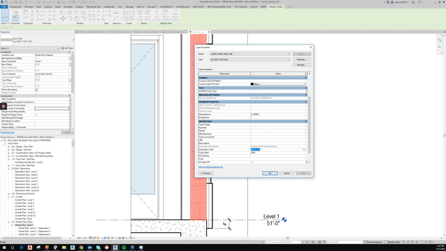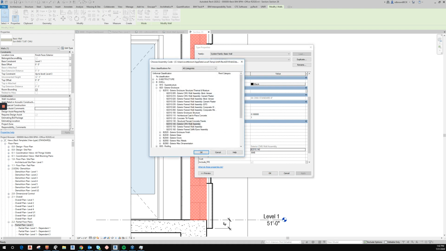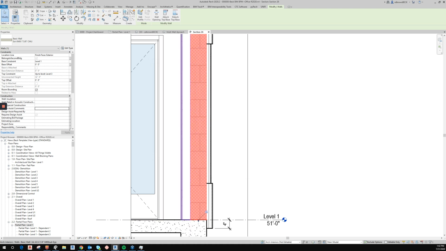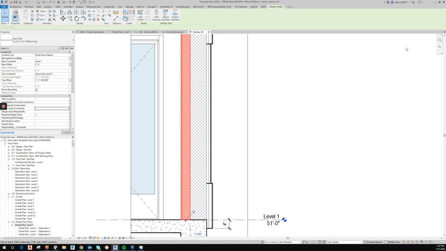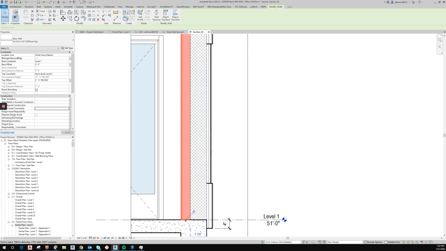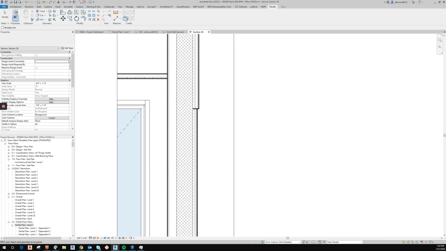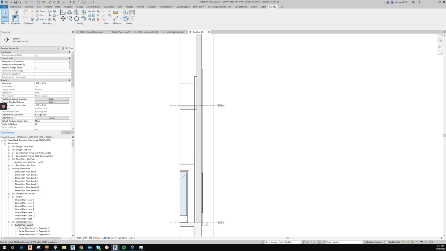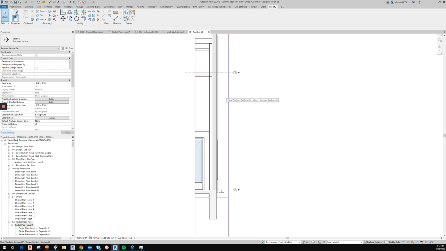So this is really important to let us estimate properly from our models. So the interior furring, we will see that it's interior frame partitions. So all of those together accurately make up what we want to make up. So if you need to do anything else with this, you can use join geometry to clean those transitions up. So that can be done. The next benefit would be interior